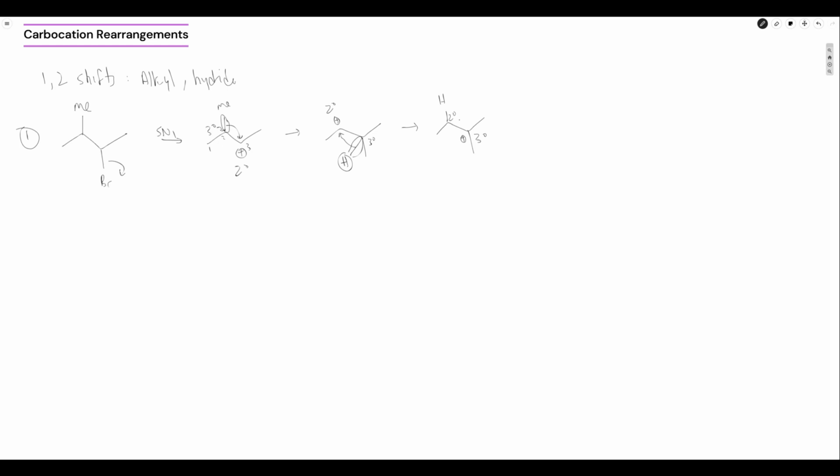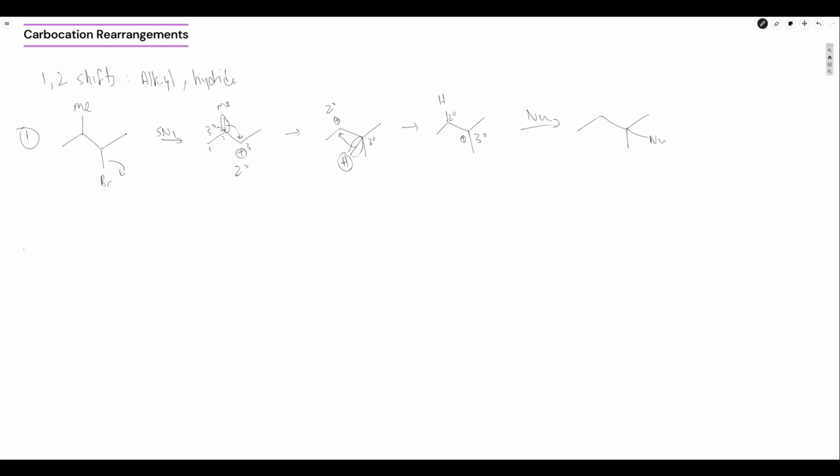This position is still secondary, and the carbocation is now perched on a tertiary carbon. So the carbocation has enabled itself to sit on a tertiary carbon where it used to sit on a secondary carbon. And so there's a great deal of stabilization that comes from this. And of course, when the nucleophile attacks, this is the product that you get,